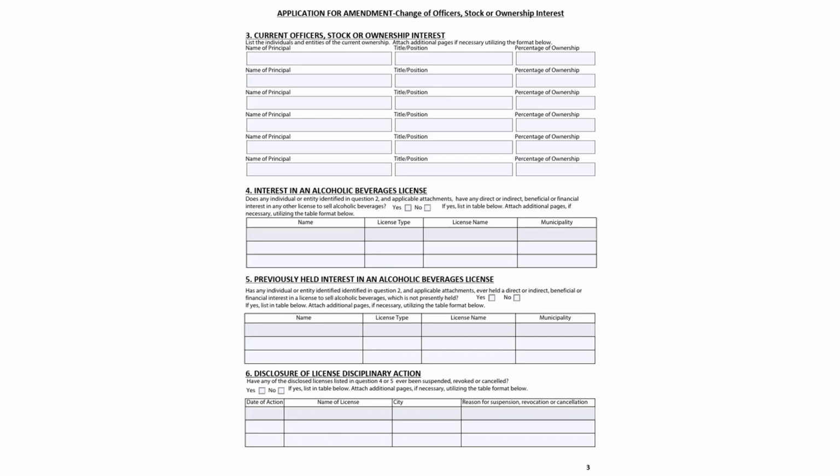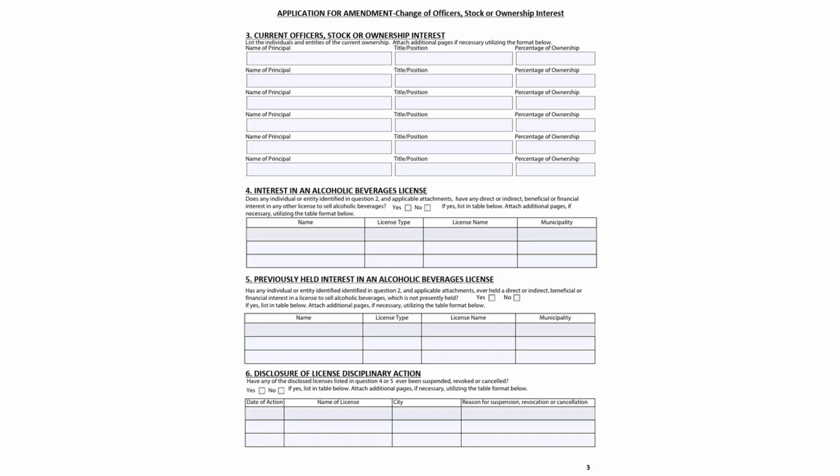If there are, check off yes, and list the name, license type, license name, and municipality of the licenses that the individuals and/or entities in question 2 have interest in. You may attach additional pages utilizing the same table format to answer this question fully if necessary. If none of the individuals or entities in question 2 have interest in another license, you may check no and